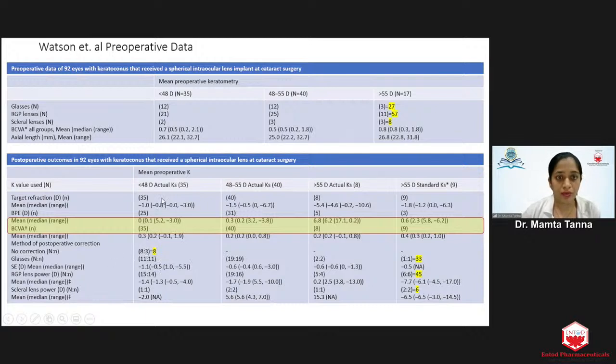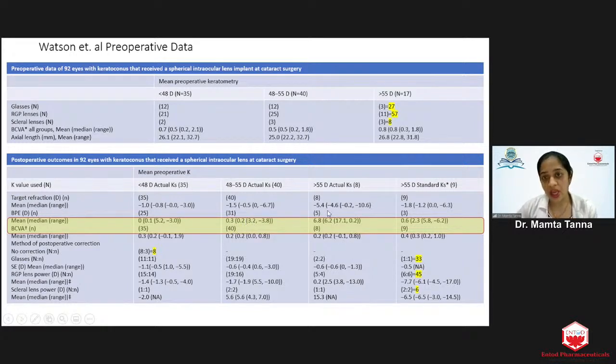improvement. In mild cases, patients were glass-free in 8 cases, while there was improvement in the refractive error, as the number of scleral contact lenses and corneal contact lenses decreased and the number of glasses increased. Even the biometry prediction error was very small, almost 0 in mild keratoconus cases, moderate, and even less in moderate keratoconus cases.